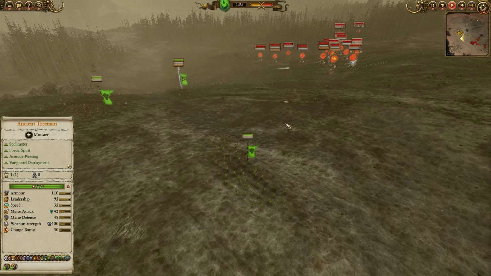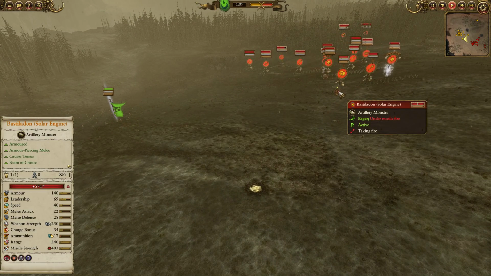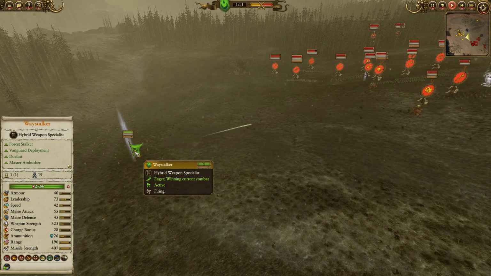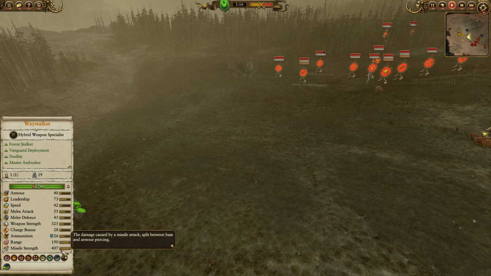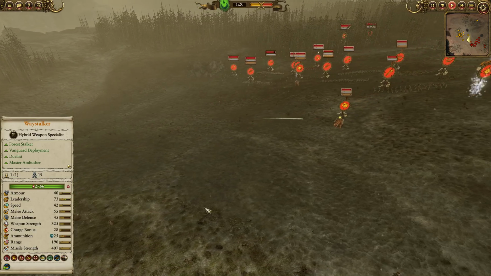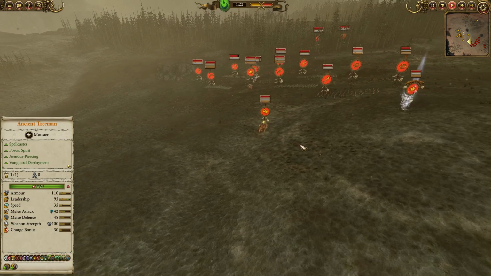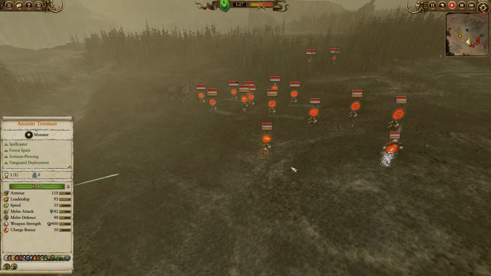Now, we do have a Waystalker as well, so you can do some nice poke. I am trying to see how much damage I can sneakily get onto a Solar Engine. It turns out not much whatsoever. We do have decent AP being a Waystalker, but it's nothing too crazy. If we look down here, we actually have 97 armor piercing damage, but we don't seem to be doing anything at all to the Solar Engine. So we'll be switching targets as soon as possible onto that pesky little Skink Priest as he does flee and